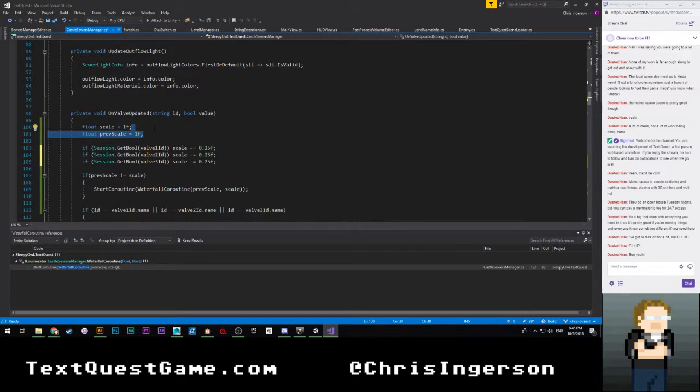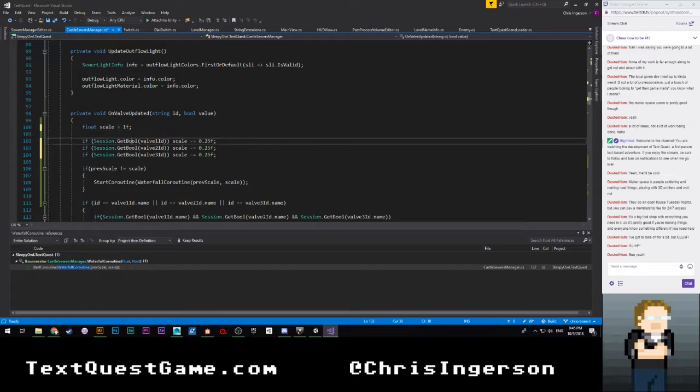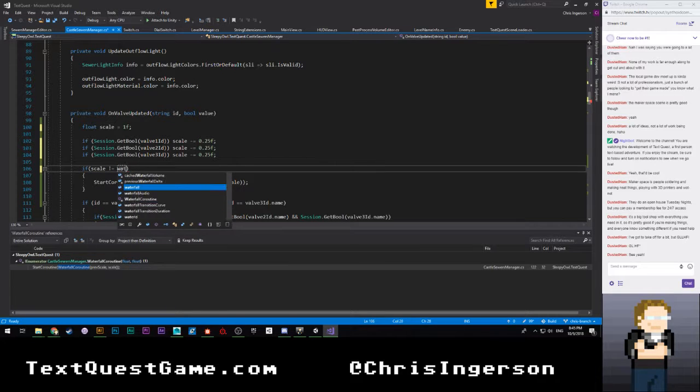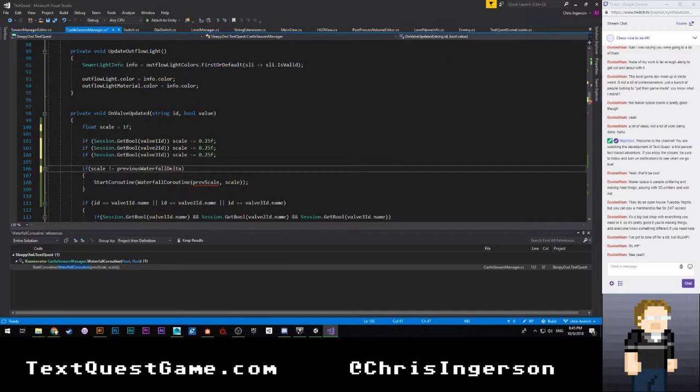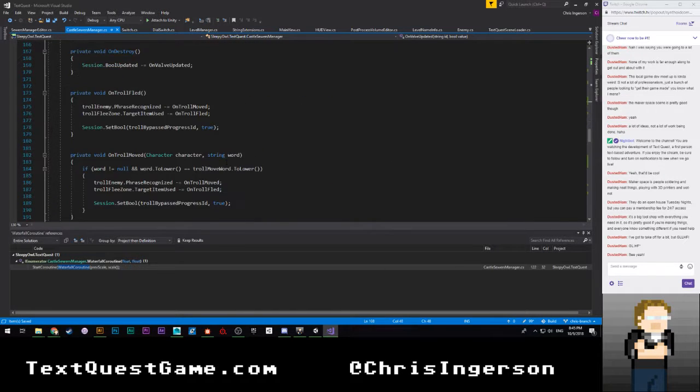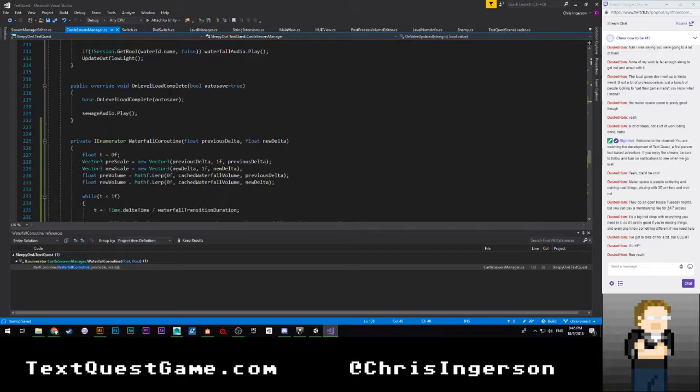And instead of having previous scale, we're just going to say at the end of this, if scale does not equal cache, what was it? Waterfall delta, previous waterfall delta, there we go. Then we'll say previous waterfall delta is equal to scale, and let's go ahead and pass that into there. So that should work. But what we need to do is when we go down to start,